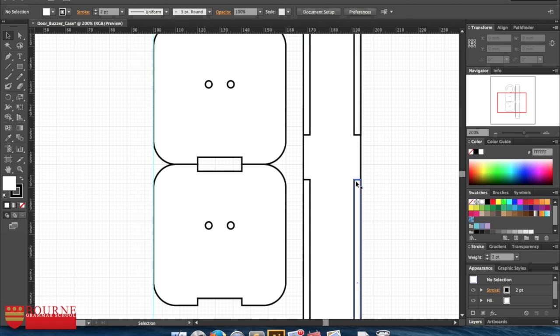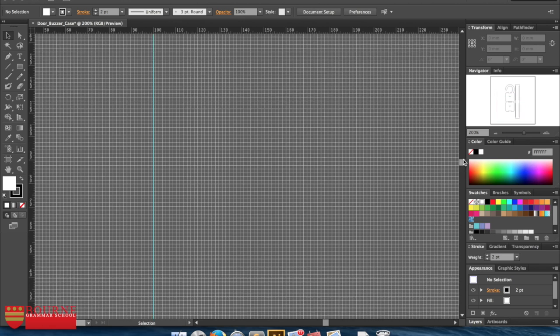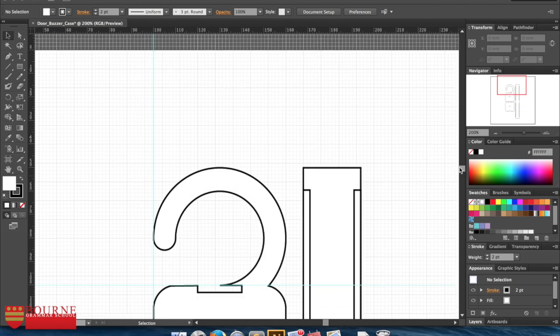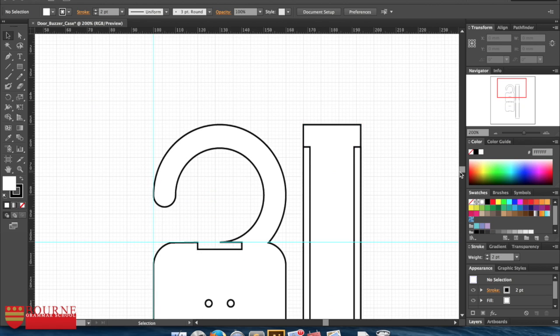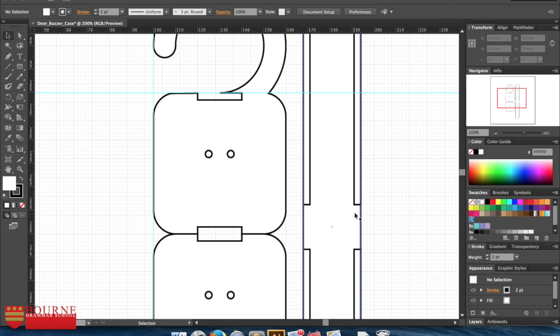Now the distance here should now be 20mm, and down here I should have a 9.5mm gap, and up at the top here another 9.5mm gap. I'm just going to check that this middle one here is about 20mm. To do that I'm going to use the measure tool. So if you go over to what looks like a little eyedropper here, hold and click, you get the measure tool, and then over in